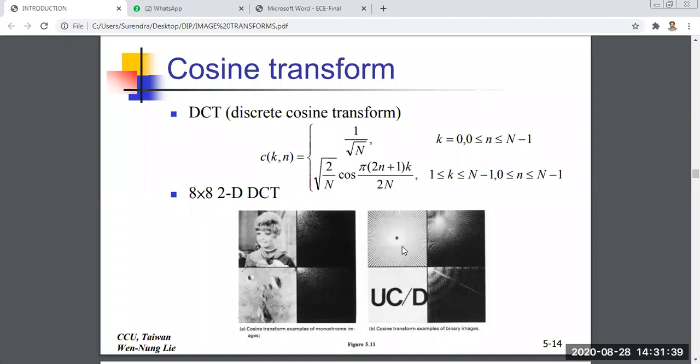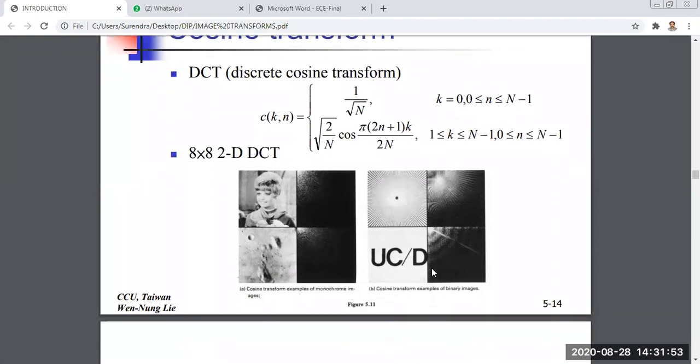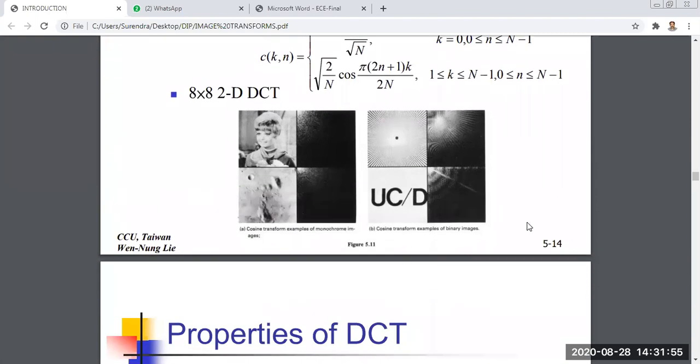The first one is the original binary image. It is equivalent to the woman, but we are not able to see it. What is the reason? It is converted into binary, so that is the reason it is not visible to human perception. By applying the discrete cosine transform, the resultant images are magnitude and phase. We will have magnitude and phase responses.